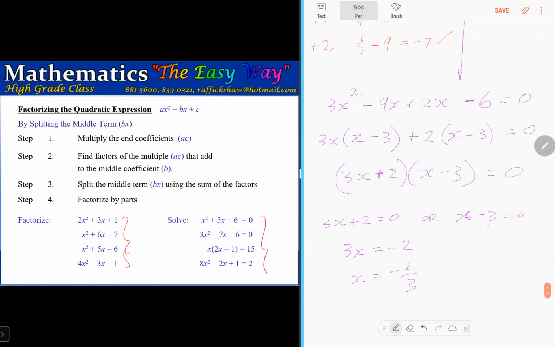When I divide both sides by 3, x equals minus 2 over 3. For this one, all I have to do is just cover the 3. Positive. So x equals 3. So those are my two roots from this equation. That's it. All right. Let us do